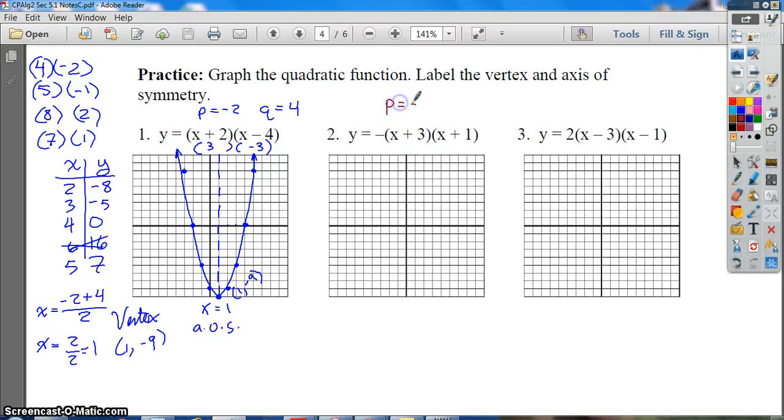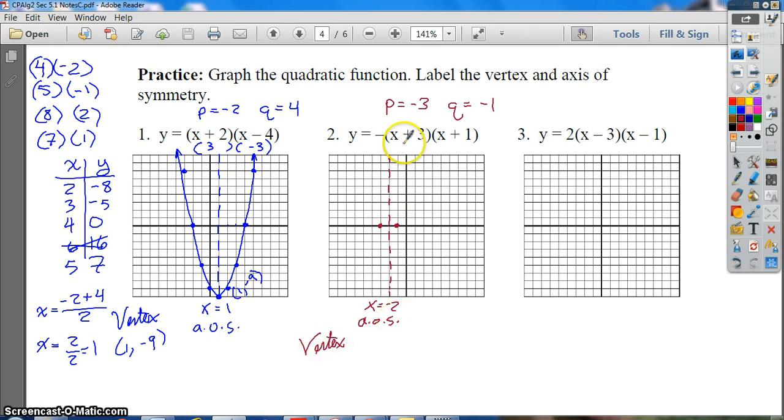P here is -3. Q here is -1. So -3 is here, -1 is here. This one's an easy one to see where your line goes, splits it. That's where x is -2. That's your axis of symmetry. All right, so to get the vertex,